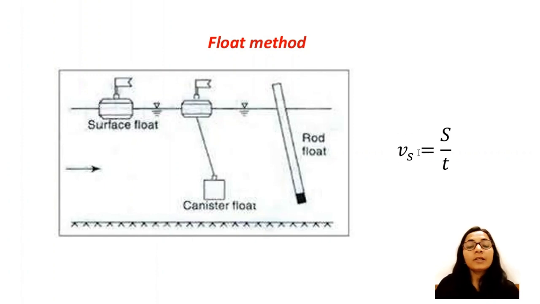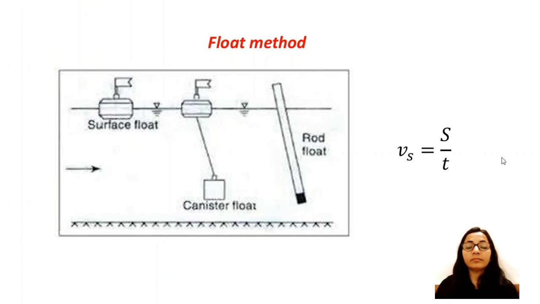To cope with this condition, there is a concept of using the rod float. Instead of a surface float, we will use the rod float, which will also work like a float. But in this rod float, there will be some weight at the bottom, and this weighted part will be lowered in the stream and the rod will float in the stream. The distance covered by this rod in a particular time will be observed, and on the basis of distance and time we will estimate the velocity of flow in the stream.